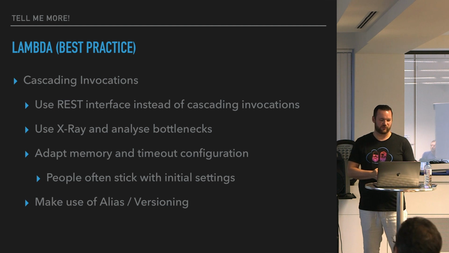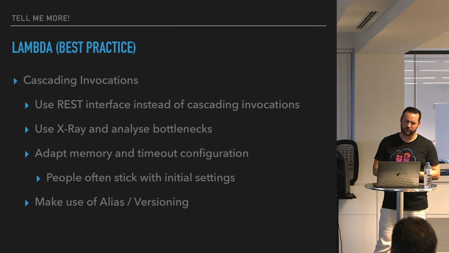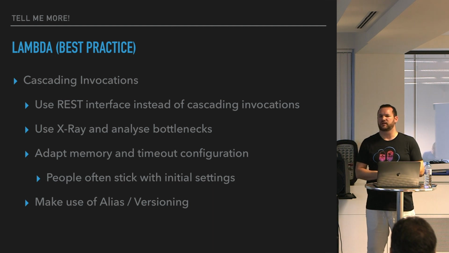As I monitored my memory usage for the Lambda functions, I saw that most of those just consumed something like 50 megabytes. So I could stick with the configuration for 128 megabytes, and that's great, because that's a very cheap configuration for Lambda functions, and you just save some money.